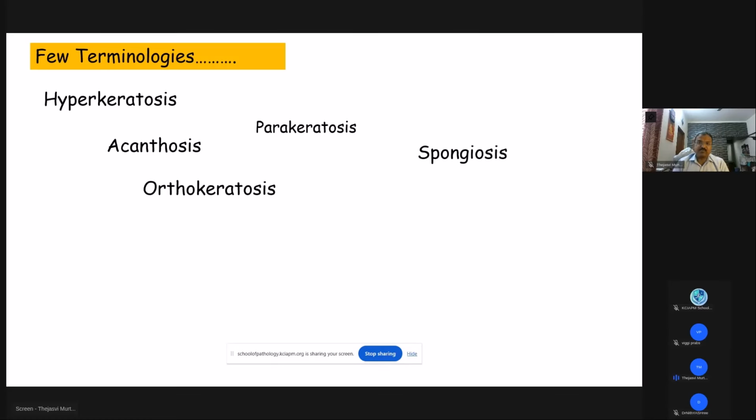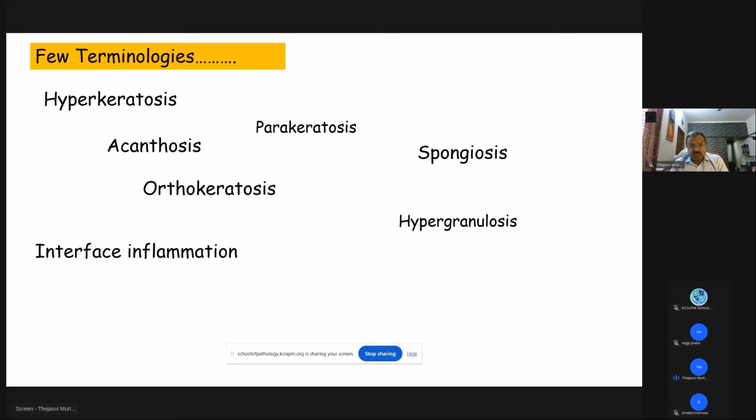We have some more, like spongiosis, where we have intercellular edema. The intercellular bridges are clearly visible and there is space or light in between the intercellular bridges of the keratinocytes, then you call it spongiosis. Then we have hypergranulosis, when the granular layer is thickened. Usually one or two layers are visible. If you see it very easily and it is more than 2 or 3 layers, then we call it